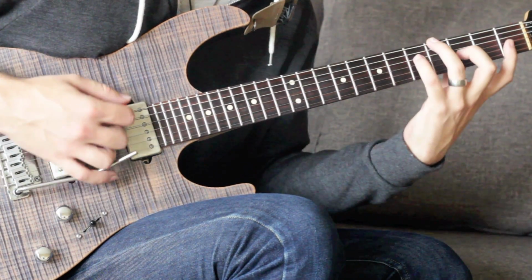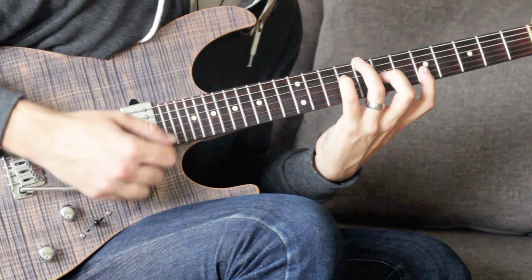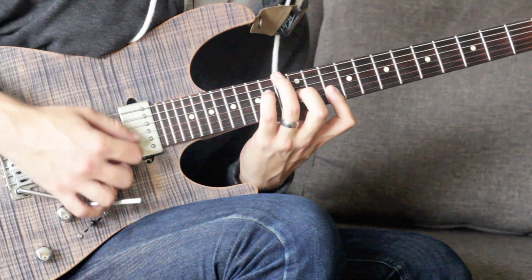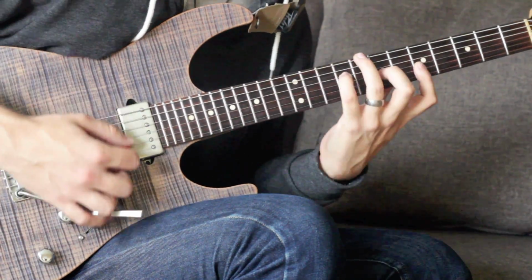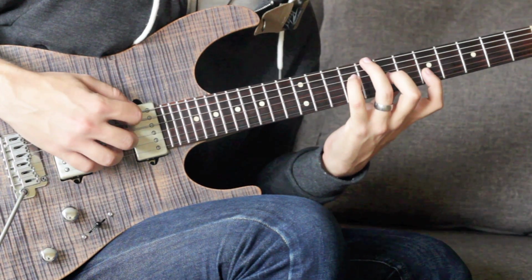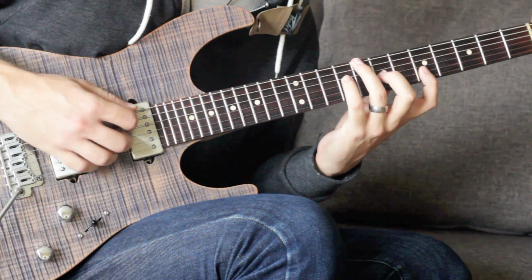Another 2 to A flat. Back up to C. Up to F, and our ring is going to be at 13. Okay, so that's a major 13 if you want to add that note, and it can just sound really cool. But otherwise, this is the standard